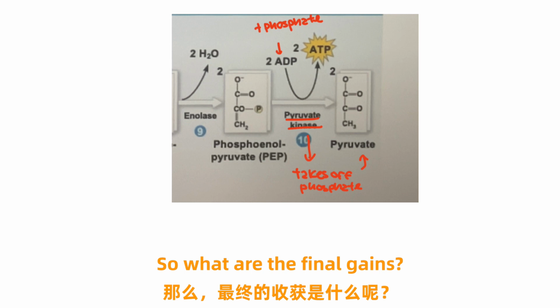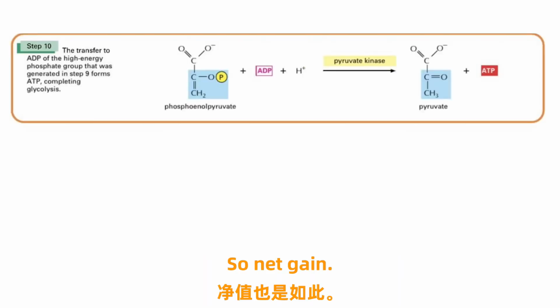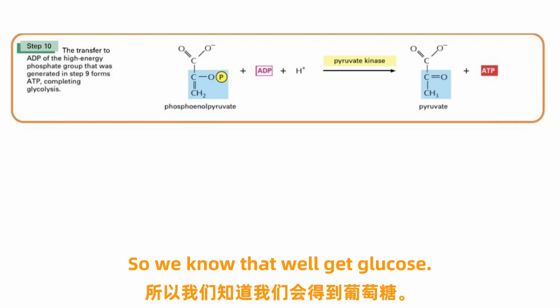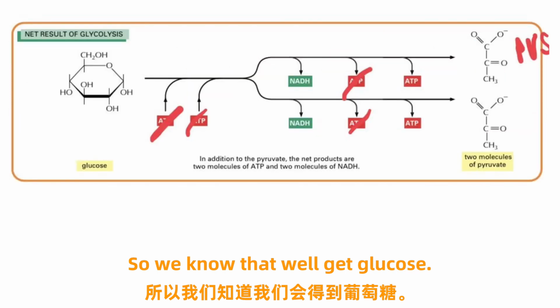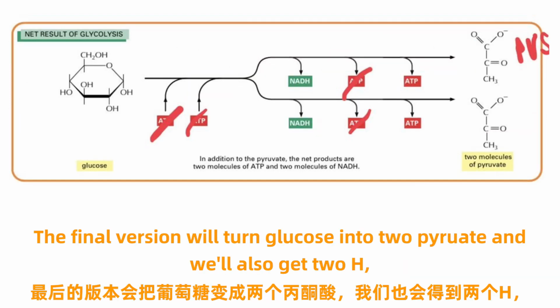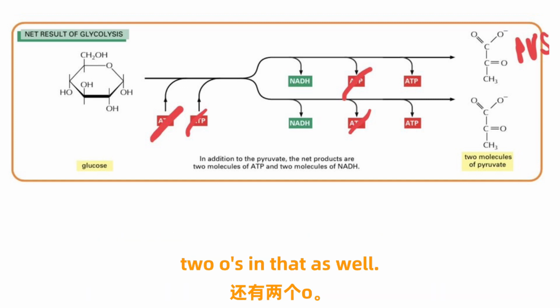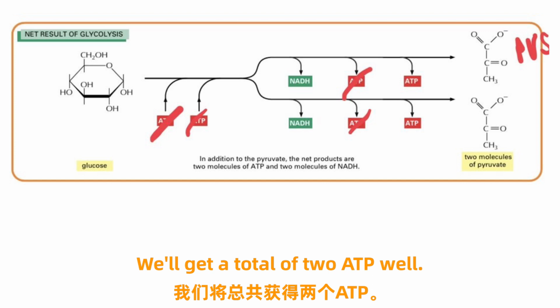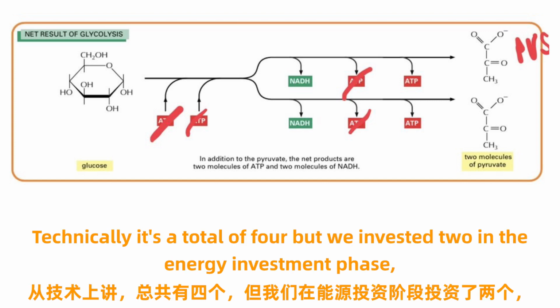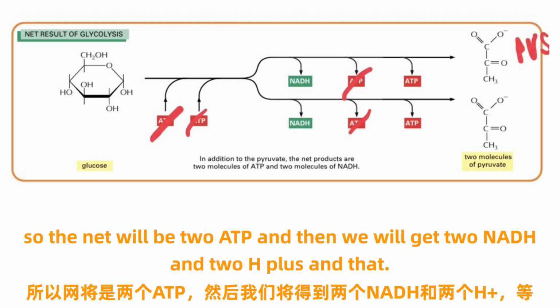So what are the final gains? So net gain: we know that the final version will turn glucose into 2 pyruvate, and we'll also get 2 H2Os as well. We'll get a total of 2 ATP. Well, technically it's a total of 4, but we invested 2 in the energy investment phase. So the net will be 2 ATP, and then we will get 2 NADH and 2 H pluses, and that